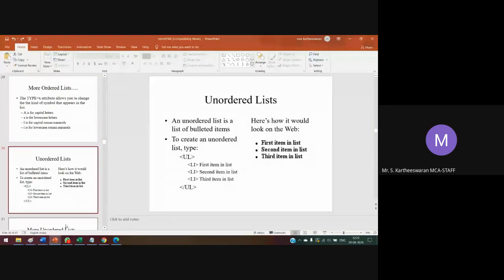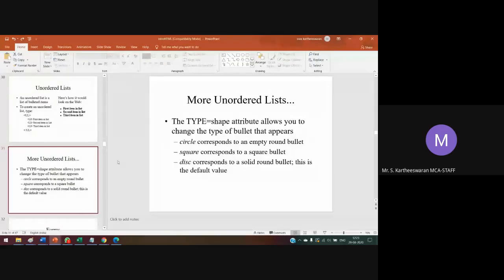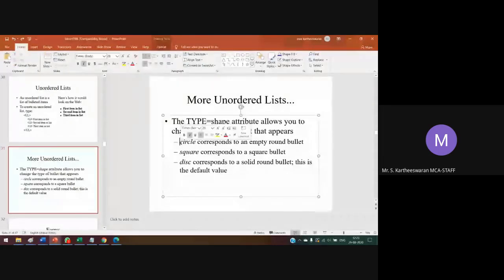Here, a dot, a filled circle, will be shown in the web page output. The types are circle with a round bullet, square corresponding to the square bullet, and disc corresponding to a solid round bullet. This is the default value of the unordered list.